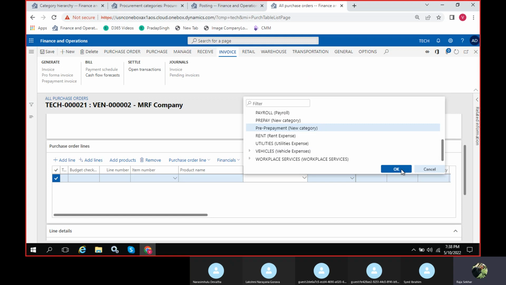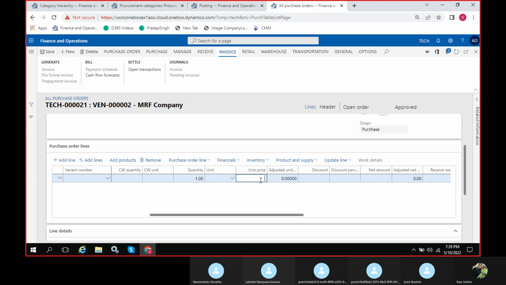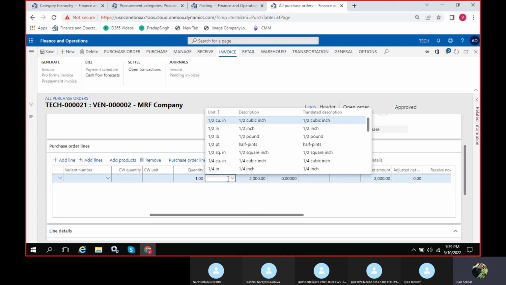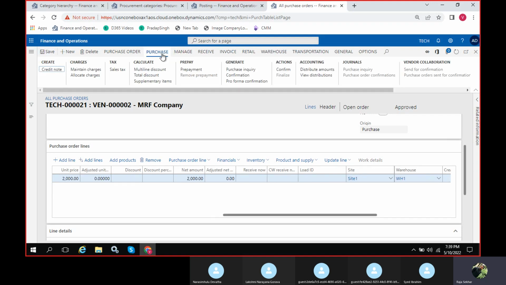Prepayment. Quantity 1 and unit. Unit price is 2000, and quantity let it be 1, since it's a prepayment we are saying. Okay, so this is done, so I'll confirm this one.